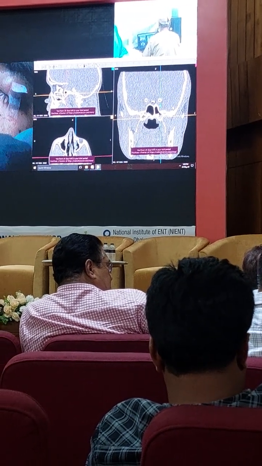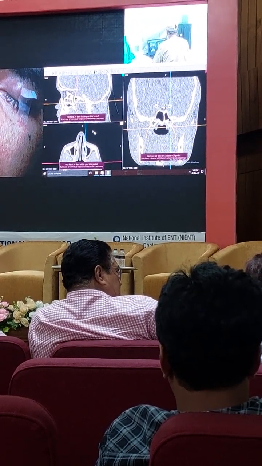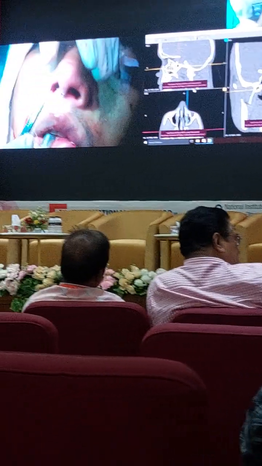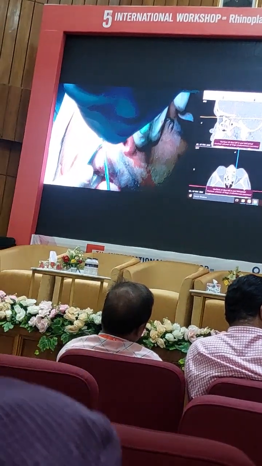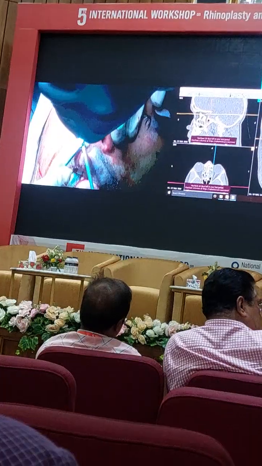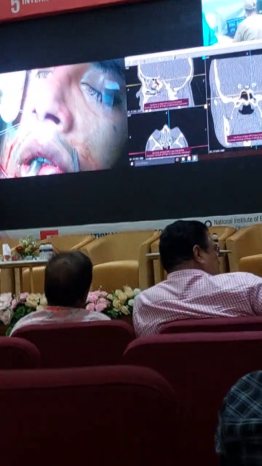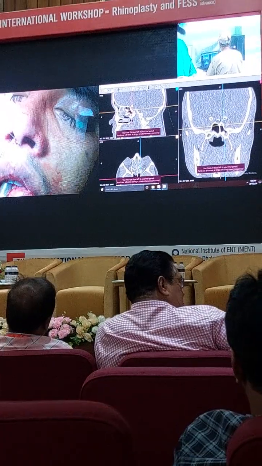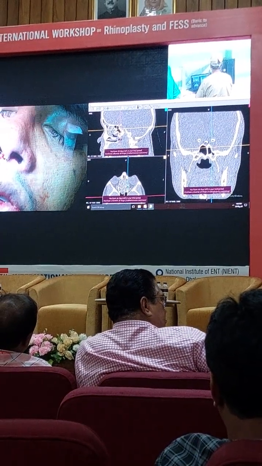If you look at the orbit, and the axial is a good scan to see the orbit, we see that the orbit has got a nice intact wall here, and though there is some tilting in that posterior area, we don't have too much to worry about. Okay? And